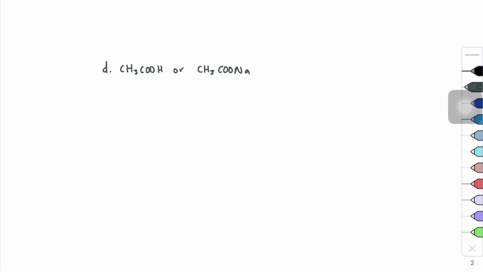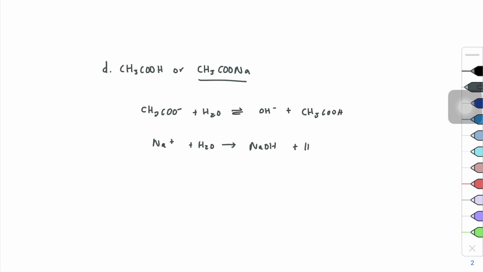For the last problem D, we know that acetic acid is a weak acid because it's not one of the 6 strong acids. And sodium acetate is a strong base salt, therefore acetic acid is stronger. A way to show that sodium acetate is basic is by writing a balanced equilibrium equation for each interaction of the ions in water. So for sodium acetate, we can split it up to be CH3COO minus plus water, and we write the bidirectional arrows, OH minus plus CH3COOH. And for the sodium ion, we put Na plus water, and we get NaOH plus H plus,